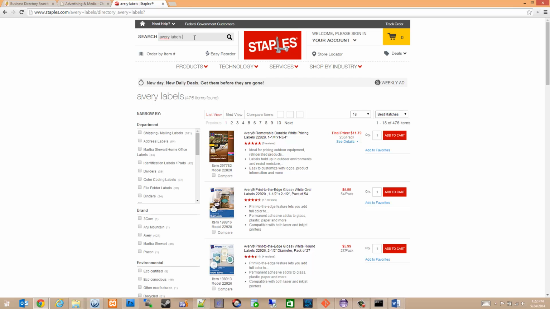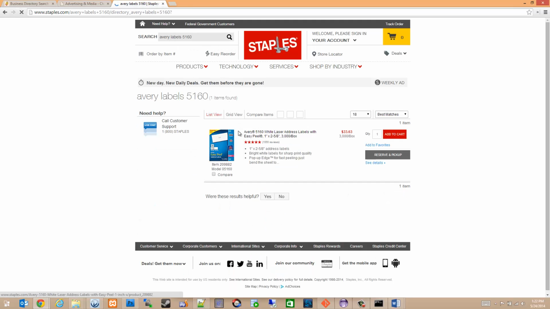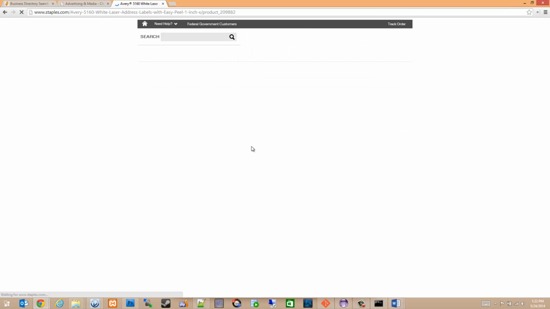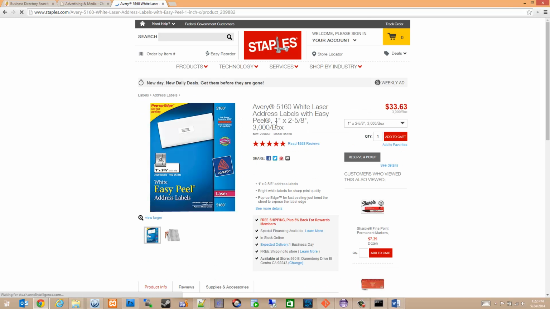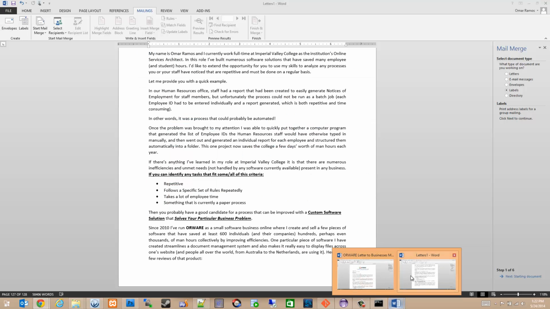I think they were the 5160 labels. Probably be using something like this, though I will have to check to see if they have less than 3,000 as an option. But this looks like the type of label that I could use and place on an envelope and send out. So if I'm going to use the 5160, I would want to